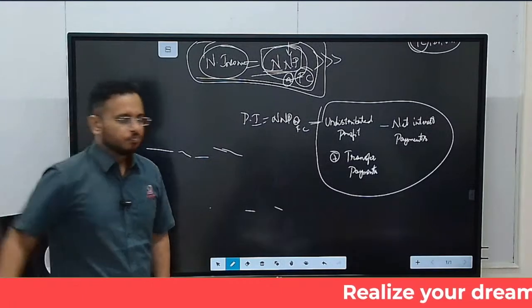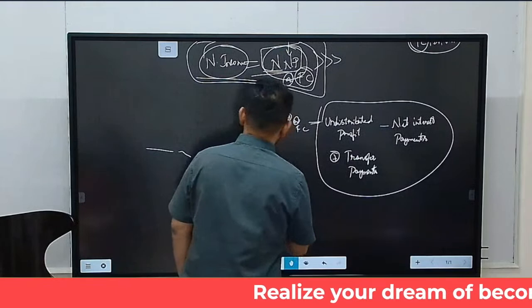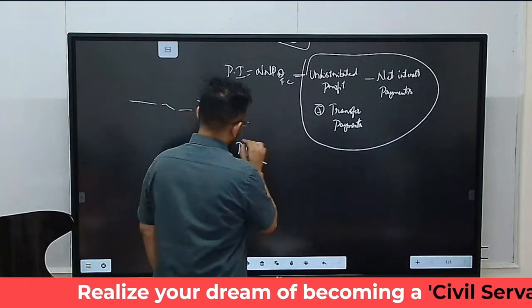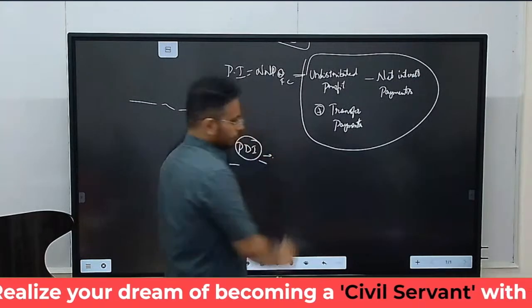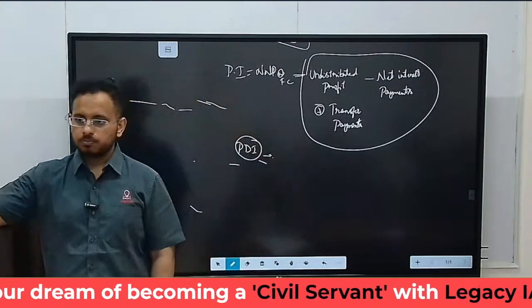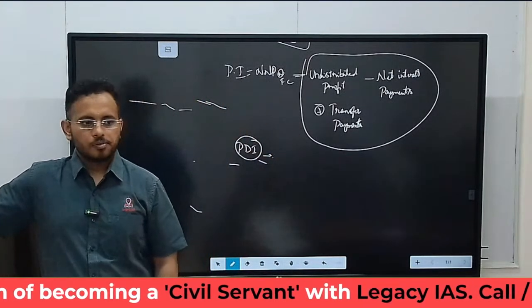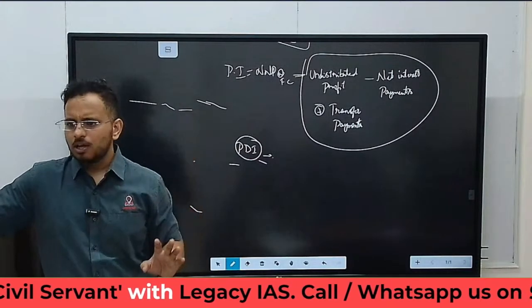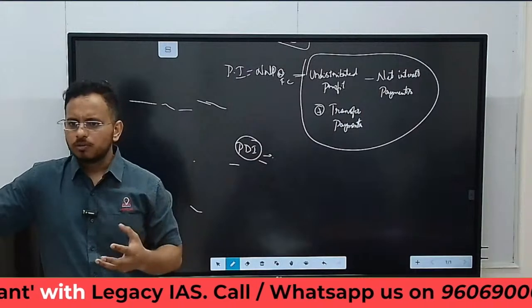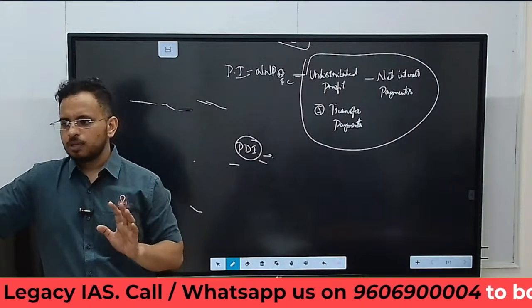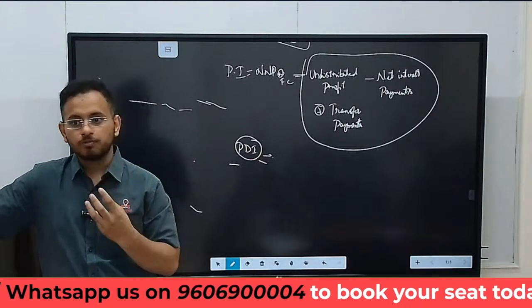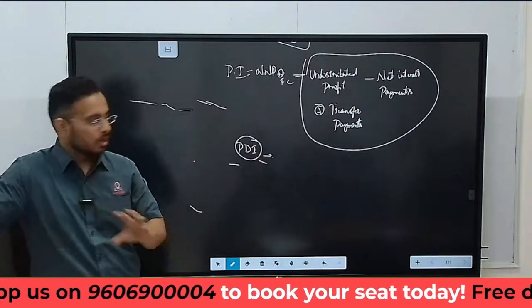Okay, now one more concept: personal disposable income. What is disposable income? Something that you can spend the way you want. You don't have to be accountable for this spending. Even if you spend, nobody will prosecute you. That is the amount of money that you will be left with after you're done with